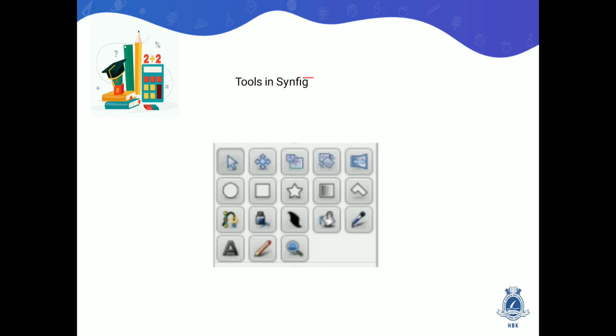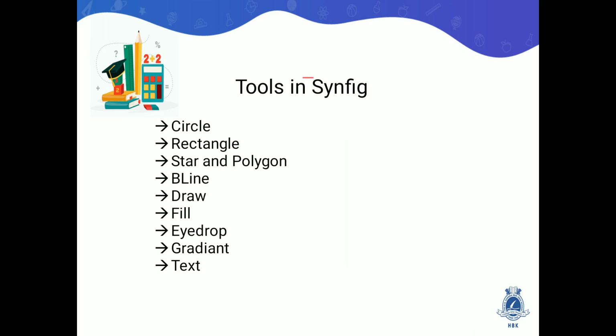Now we see some of the tools that will be there in the toolbox, in the upper middle palette. Select tool, smooth move tool, that we have to learn. The first tool is the circle tool. The circle tool is used to draw a circle. It has two properties, center and radius.